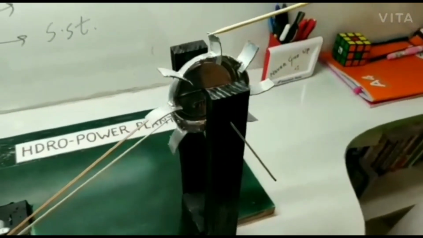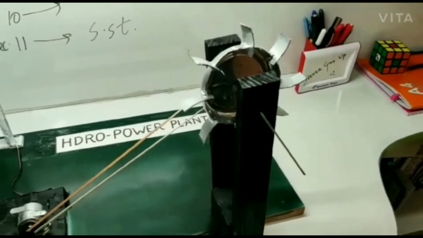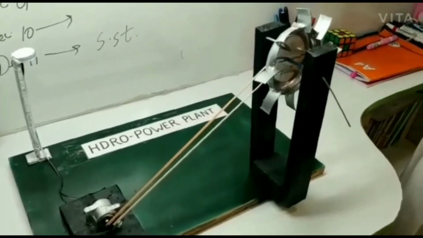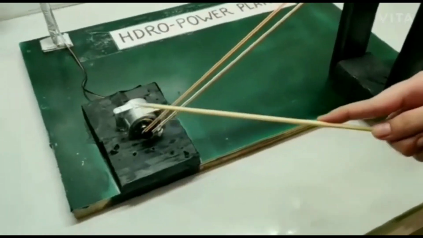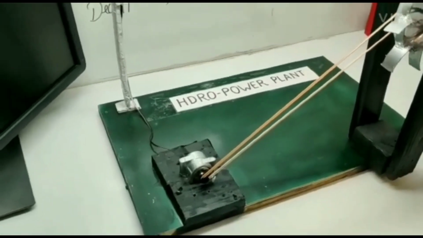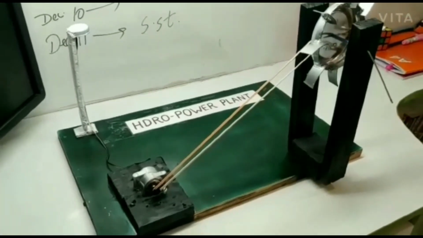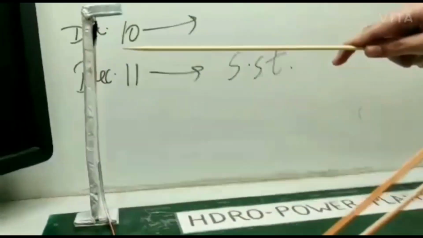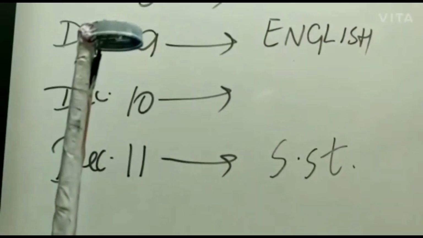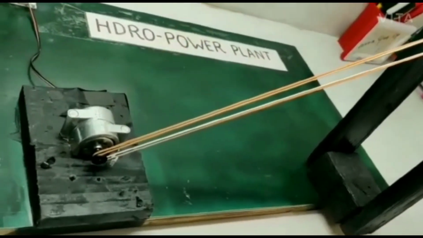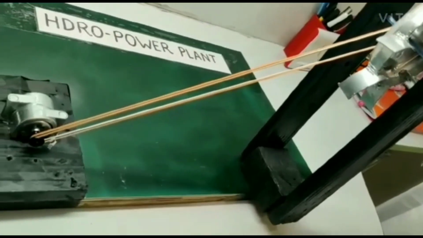This is a turbine which I have made from a waste plastic bottle and a hot glue gun. I have painted it silver to look good. This is a generator. Here I have used a DC motor which on rotating produces enough energy to light the LED, which I have shown in the form of a street light. I have used rubber bands to tie the generator and turbine together.